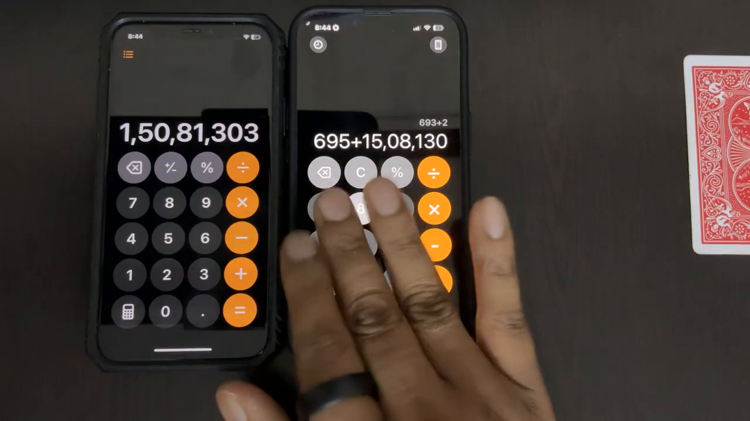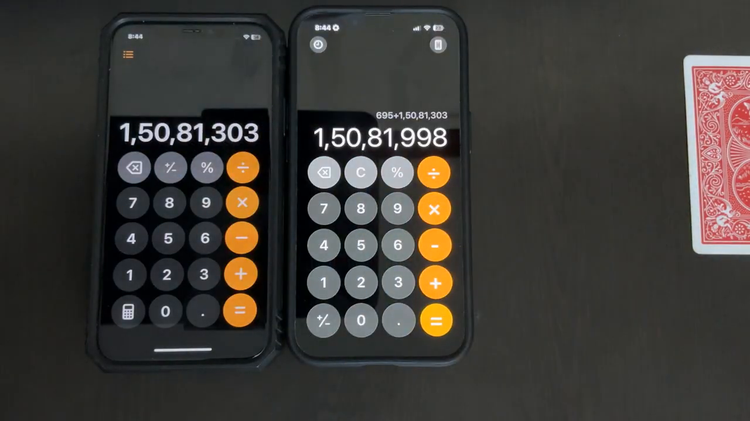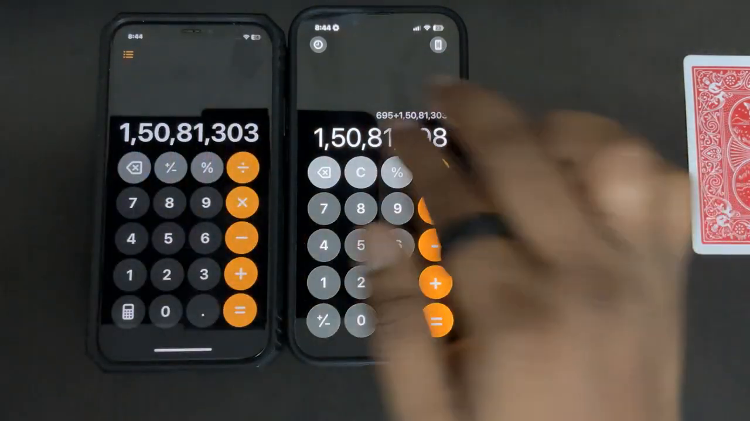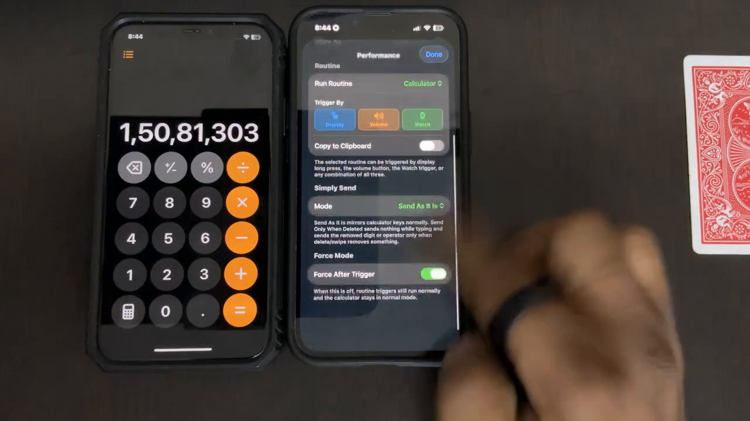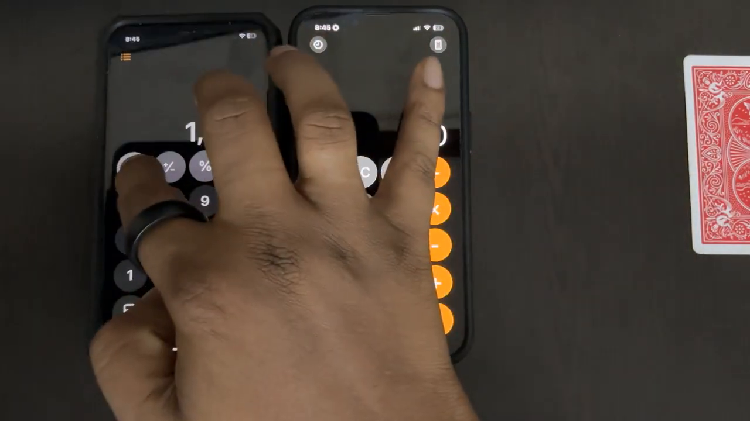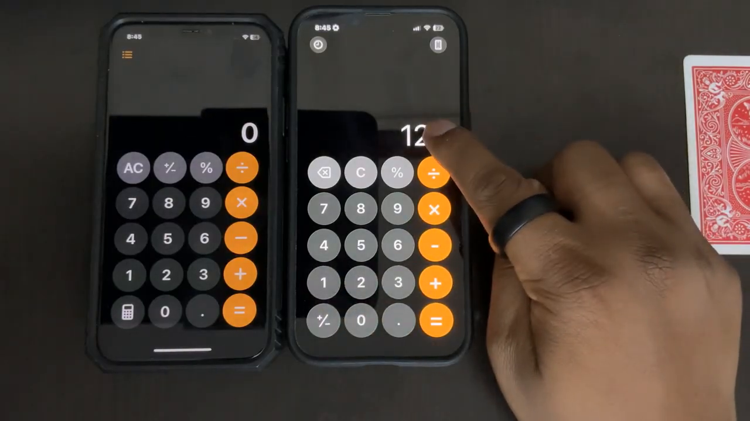So if I type random digits in force mode, it will be same as this. Okay, so this is a backup. In case of any failure, you can continue with this. Okay, so if you turn off force after trigger, I'll show you an example. So if I do 1, 2, 3 and I long press this,